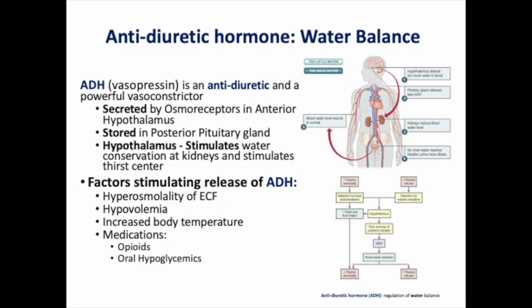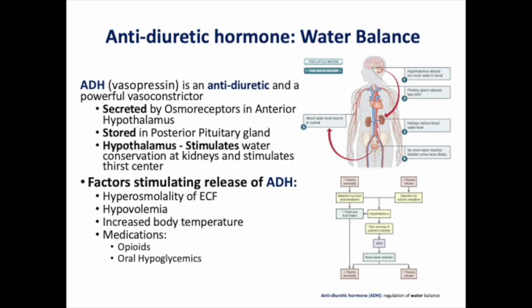Let's look now at the antidiuretic hormone, which helps with water balance. How does the secretion of antidiuretic hormone change the perception of thirst? We're going to take a look at that in just a minute, but first let's look at ADH, which is also called vasopressin. It's a powerful vasoconstrictor, and it's secreted by osmoreceptors in the anterior hypothalamus and then stored in